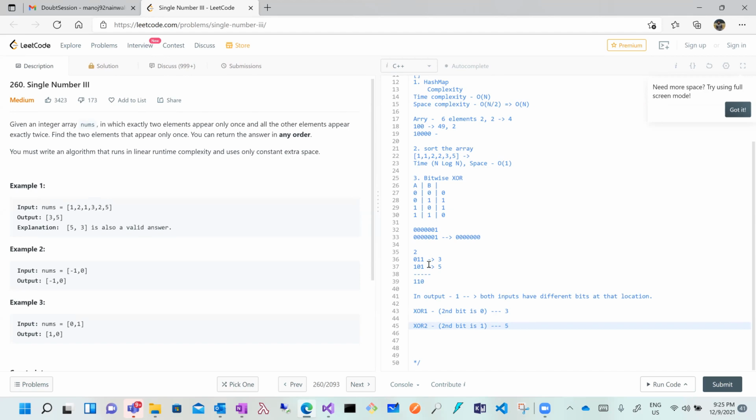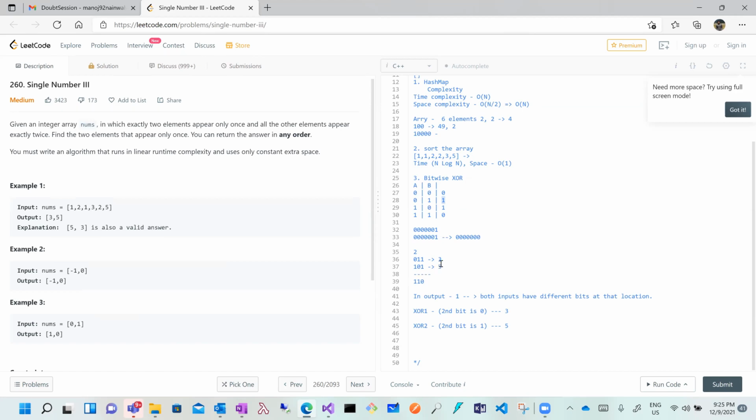Okay. So till here you will get what I was saying. See, this is actually the main part. So you see 1 here, right? If you closely look at XOR, you will get 1 only where both the inputs are different. So there will be one input which is 0 and other input which is 1.